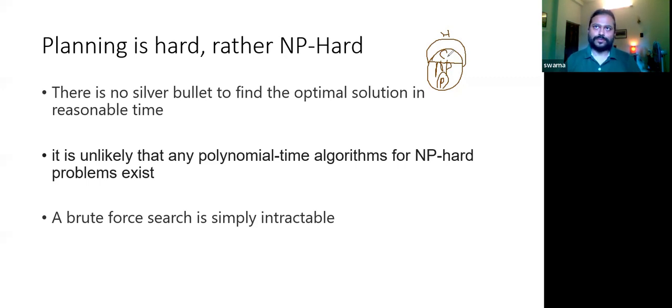Okay. So probably I can give one example, say chess. If you are given a specific solution, the verification also takes exponential time, because if that solution is going to work, you have to play it along with the opposition. So that is purely an NP-hard problem, and it's outside this set. But planning is an NP-complete problem. So the verification might or might not take exponential time, depending on the problem set.